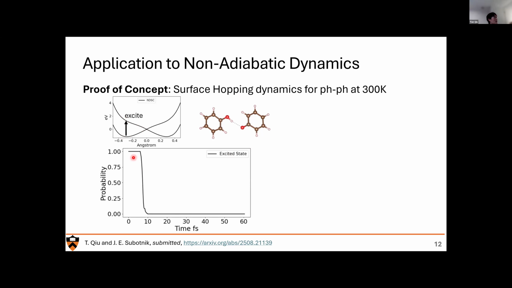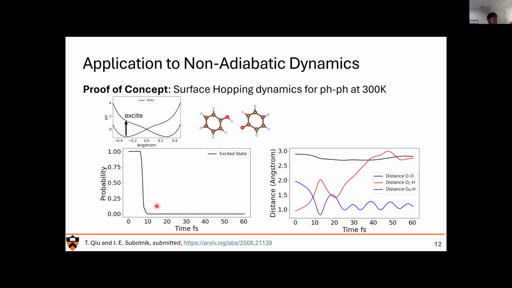The dynamics we've seen suggests that the system quickly drops from the excited state to the ground state within approximately 10 femtoseconds. And within the same time frame, if we look at the geometry data, especially the distance between the hydrogen and this oxygen that are shown in this blue curve, we find that the hydrogen also travels from one side of the ring to the other side. So this suggests that the system, in fact, goes through an almost 100% diabatic process that goes directly from this point to that point here. And if we further look into all the trajectories, we find that after this hydrogen reaches